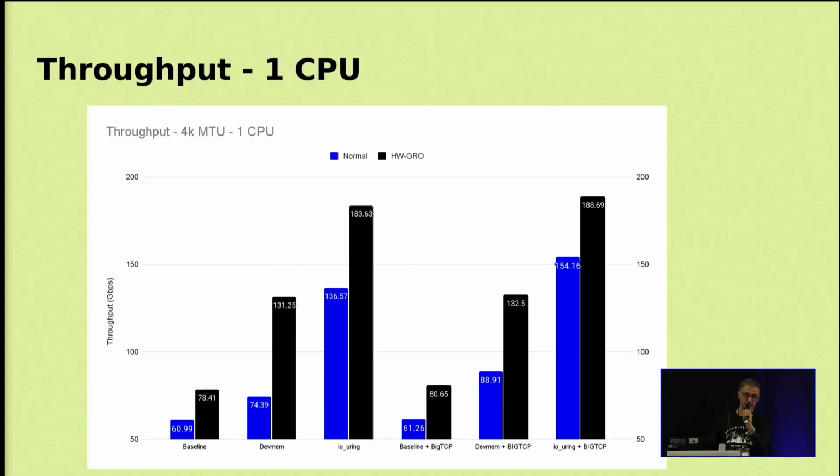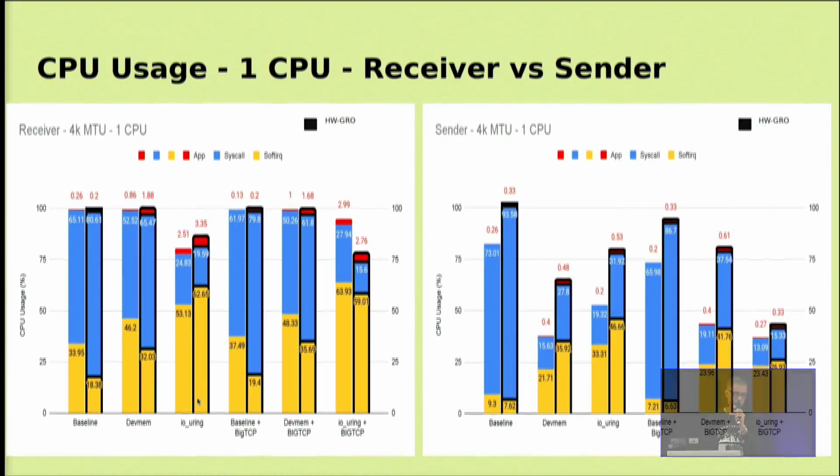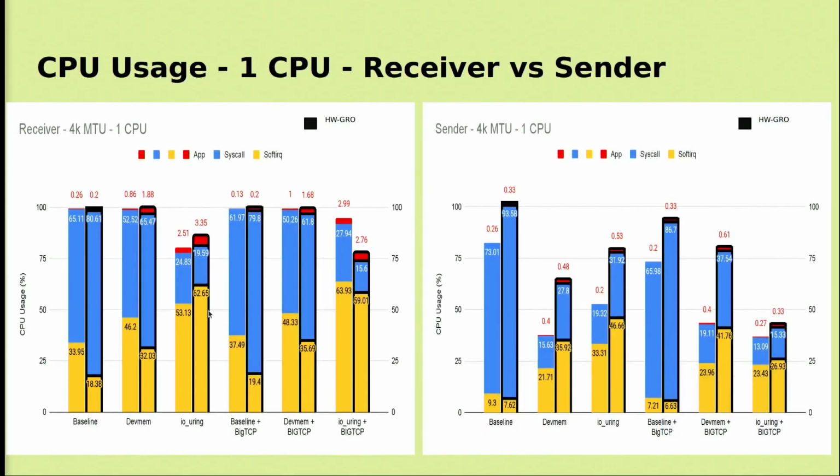But so here we go. We looked at the transmitter side, which is not as exciting. It's doing really well. It's the receive side that's a challenge, right? So if you look at devmem versus IOURING, IOURING tends to be very heavy on soft IRQ execution. Devmem tends to be more heavy on the syscall level, because the page memory management, etc., is happening in user space,